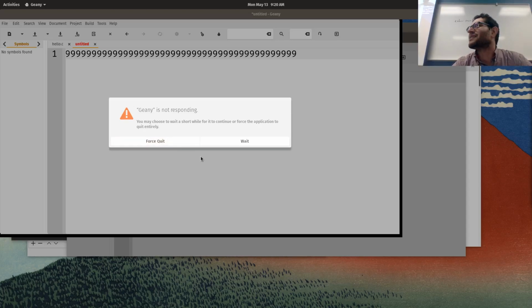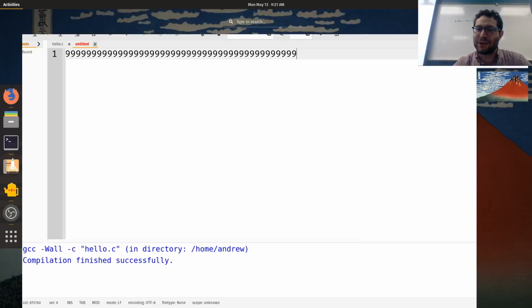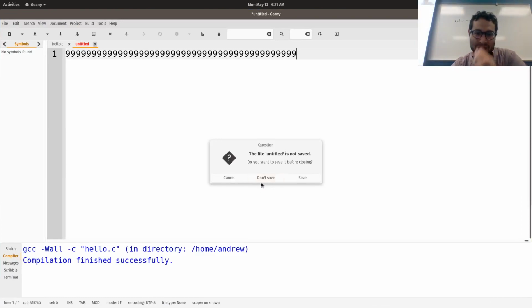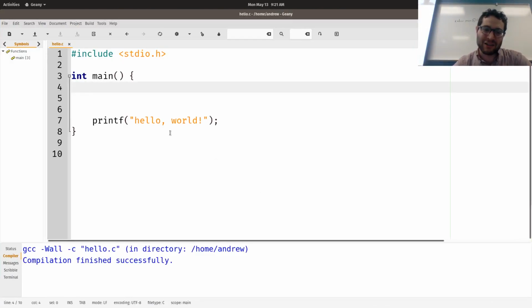To illustrate that computers have only so much capacity for dealing with numbers, right? Did it manage to do it? Okay. I'm not going to save it. I'm just going to close that part. So it really struggled there to deal with that, right? There's only so much space.